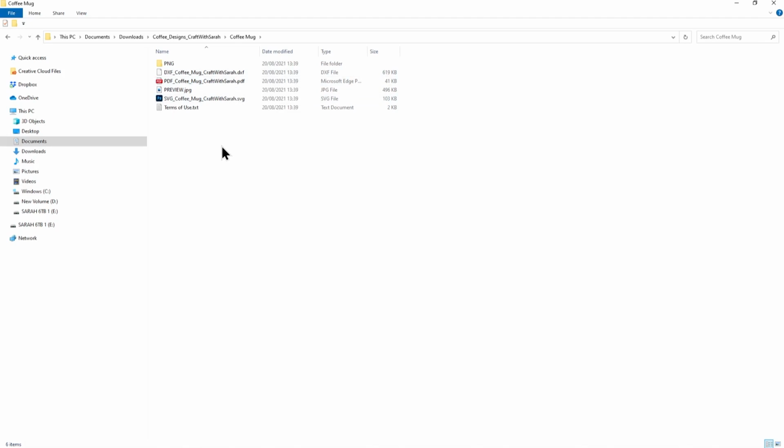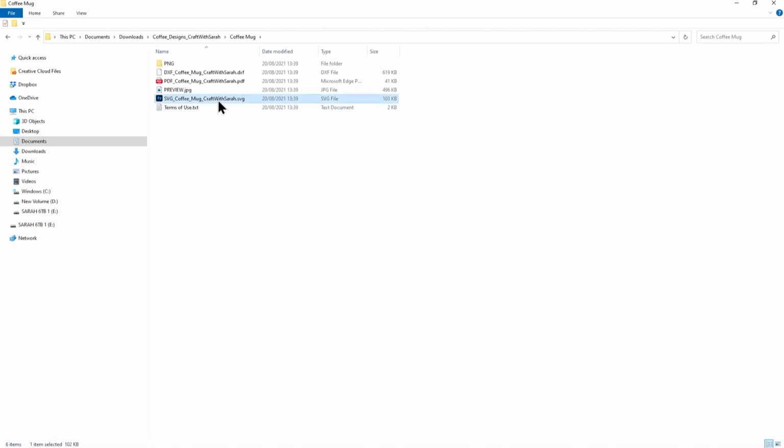My cutting files come in different formats. DXF is for Silhouette machines if you're using the free version of Silhouette Studio. They also often come with a PNG, which you can use in Scan and Cut or Silhouette software. Some of my older files come with PDF guides, but I haven't been doing that on the more recent ones. And then there's the SVG file.